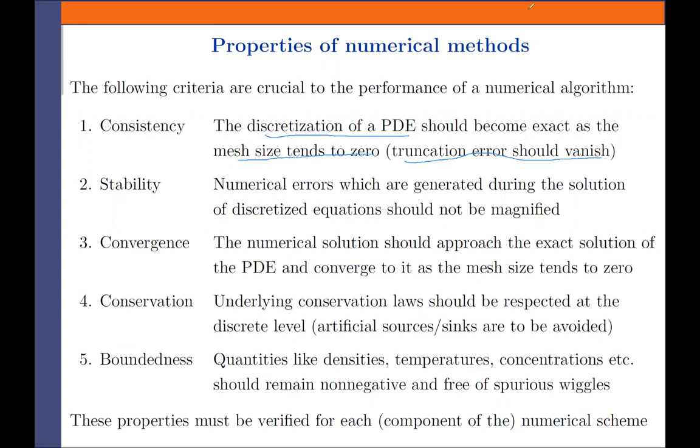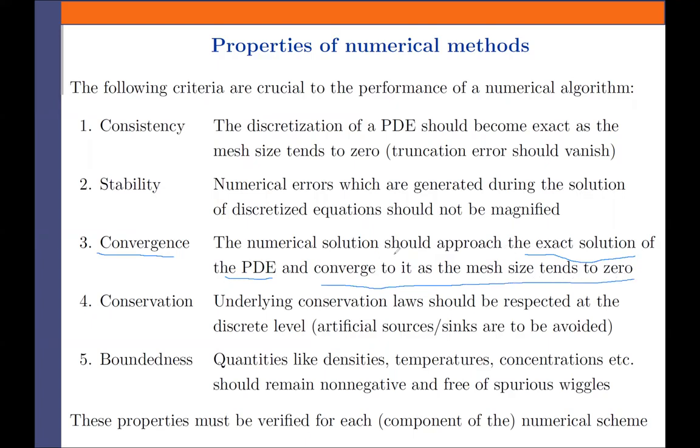Second is the stability. The numerical errors which are generated during the solution of the discretized equations should not be magnified. This is the stability. So in stability, the errors that are generated must not be magnified. The third one is the convergence. The numerical solution should approach the exact solution of the PDE and converge to it as the mesh size